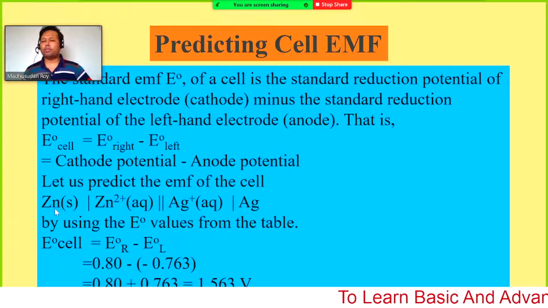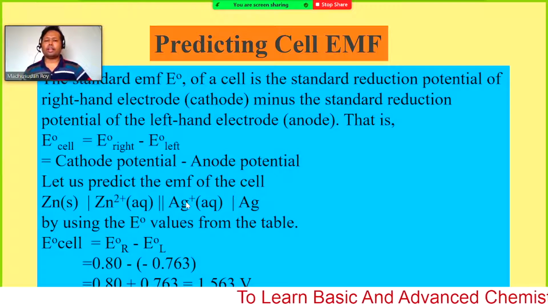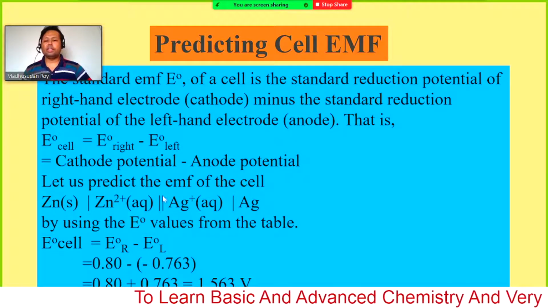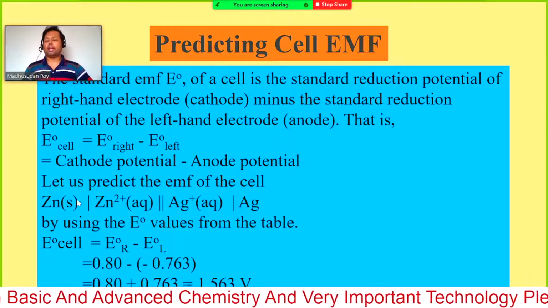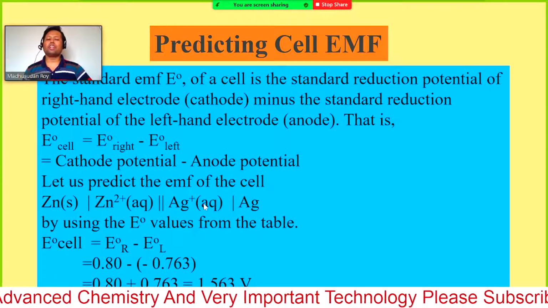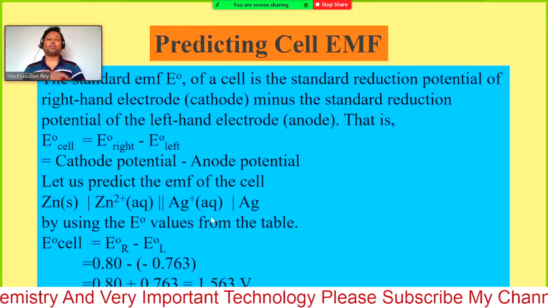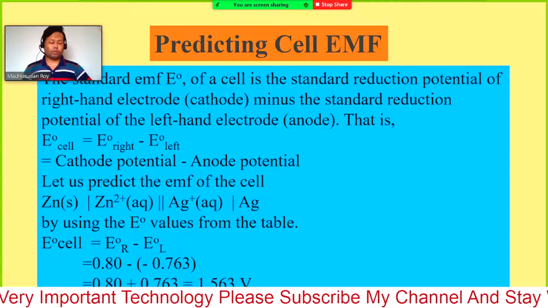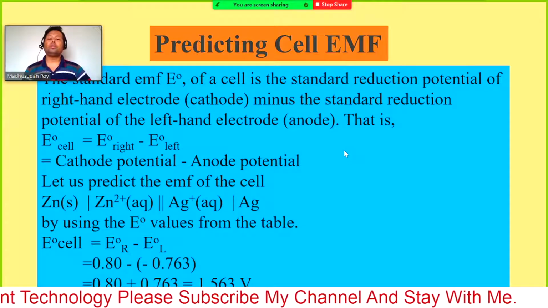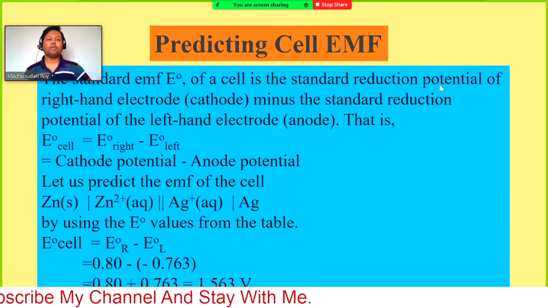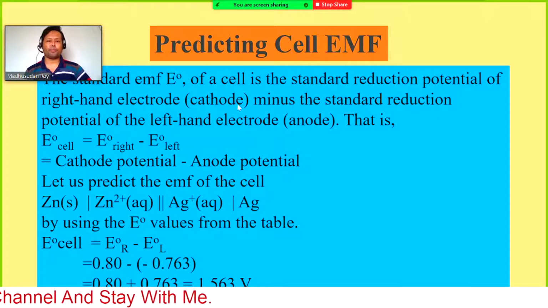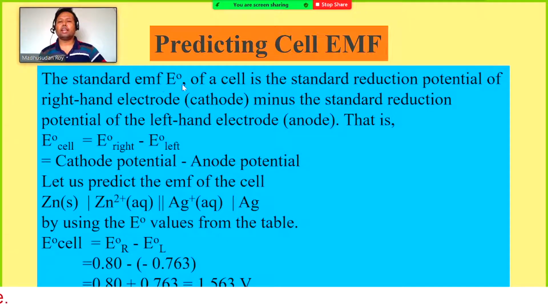Here you have electrode and ion, and here ion and electrode. These are arranged in the opposite way. That means if the oxidation happens here, reduction will happen here. But one thing, when you want to calculate the cell EMF, we use the reduction potential for both. That means the standard cell EMF, E naught of a cell,